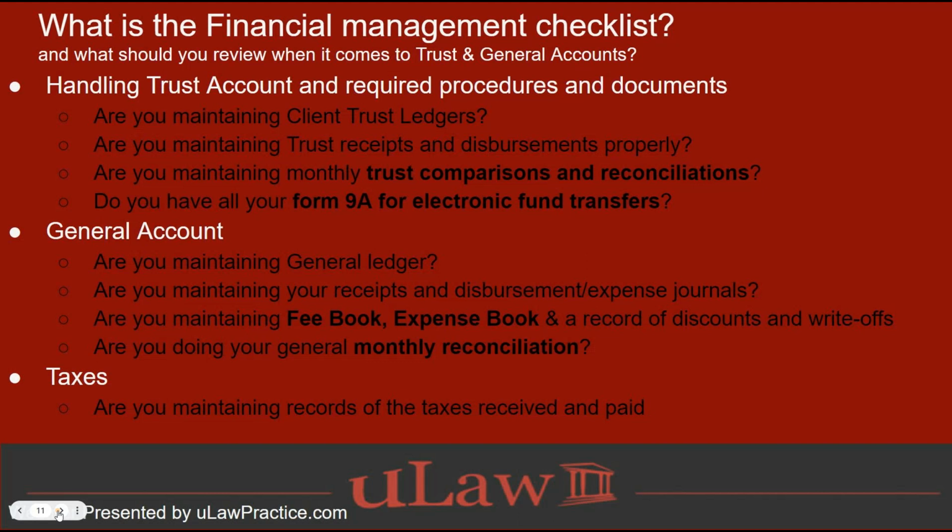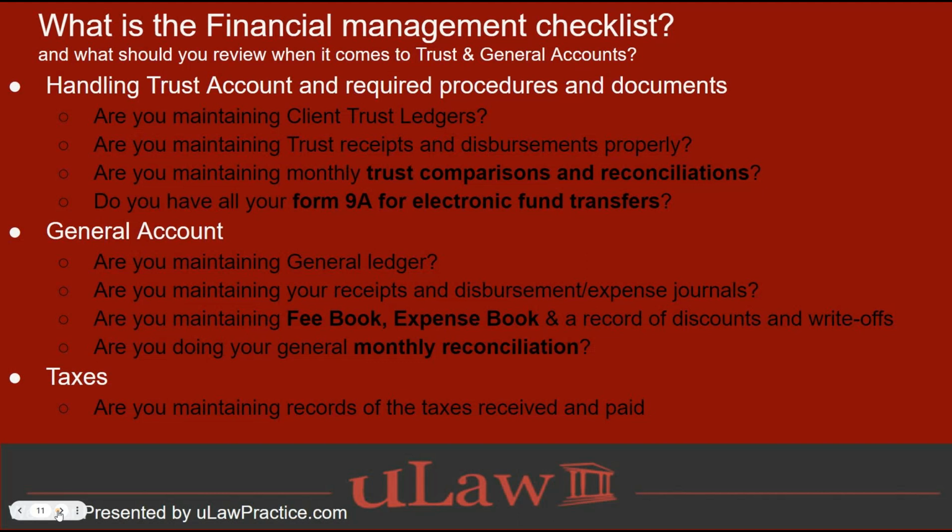Okay? Some of the top documents we're going to talk about are definitely asked for in an audit. Your trust ledger. And if you have zero trust ledger, that's fine. But a trust ledger, trust journal, trust receipts. So now you have 3 trust-related documents. Same thing applies for general: general ledger, general journal, right? And receipts. Then you define the disbursement. You have trust disbursement journal, general disbursement or expense journals.